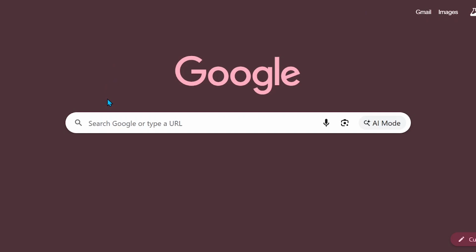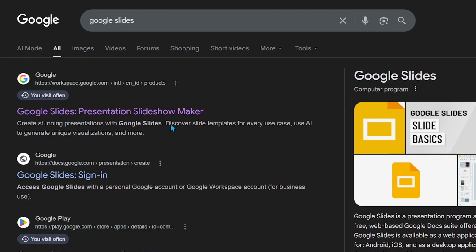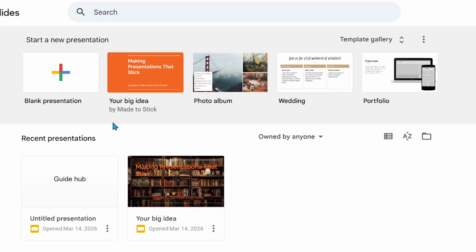After the browser launches, move your cursor to the address bar at the top of the window. Type Google Slides in the address bar and press Enter on your keyboard to search for the website. From the search results that appear, click on the official Google Slides website to ensure you are accessing the correct platform. Once the website loads successfully, make sure you're logged into your Google account so you can create and edit